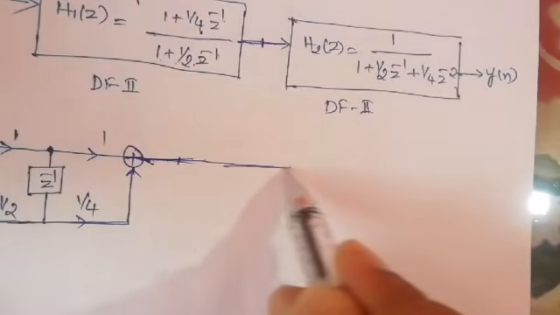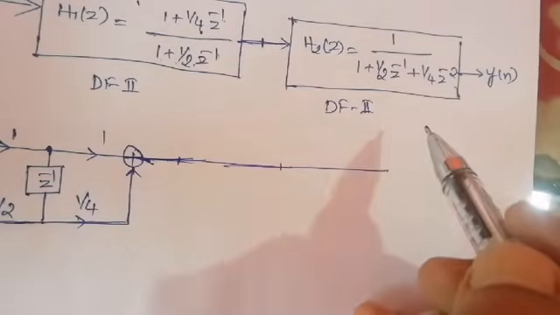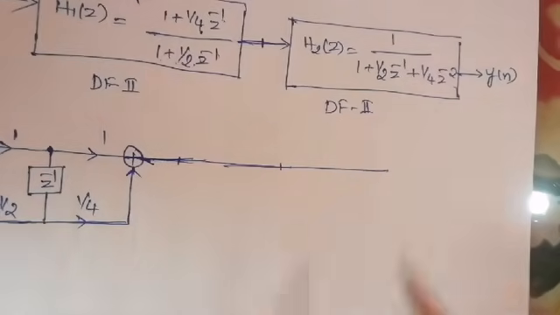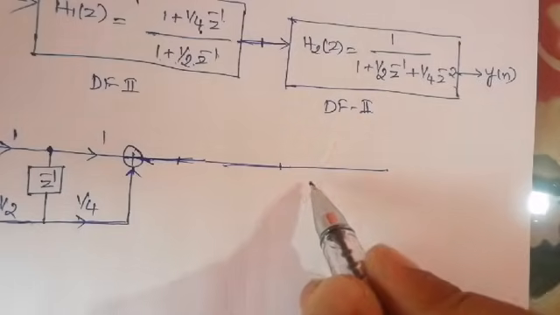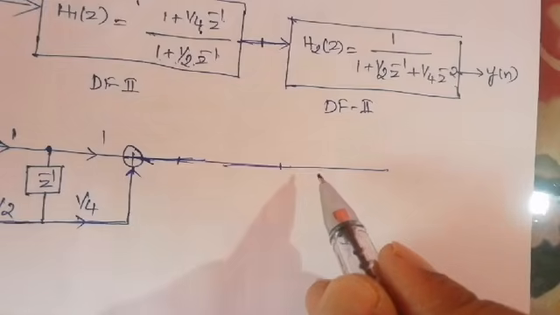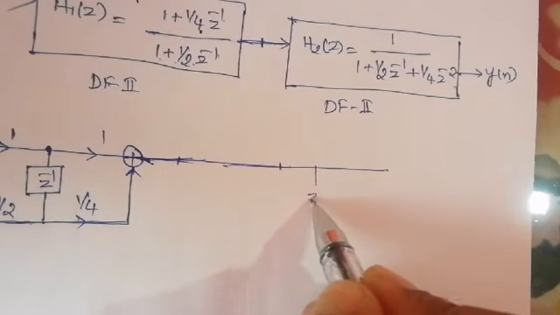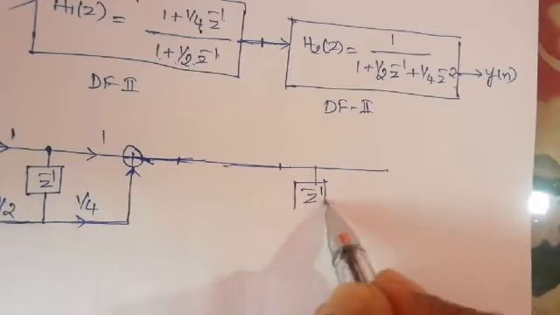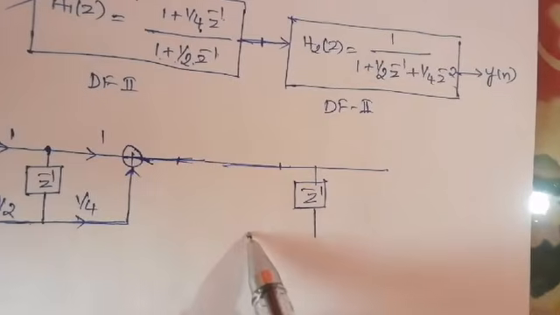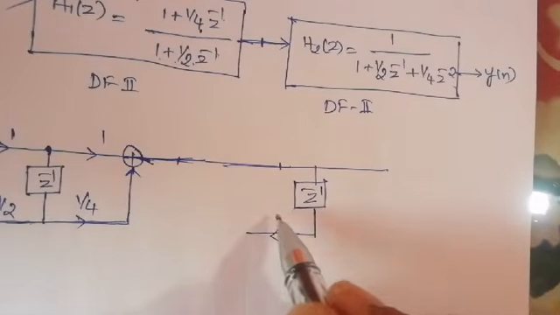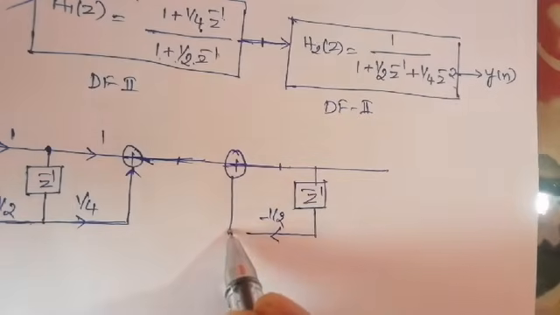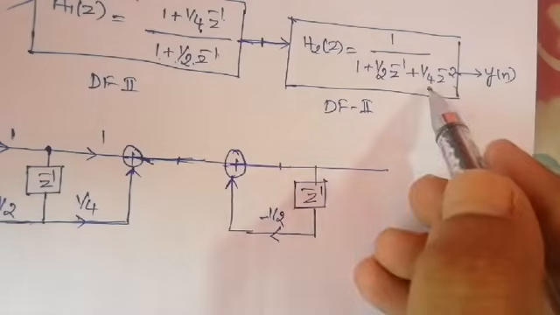See here. First we have to realize, and in this case there is no zero system, it contains only the pole system. So what is that? One time delay we have to perform, correct? One time delay. What is the coefficient term? Plus 1 by 2 is there. As I told, in direct form 2, take the opposite of that for the pole system, minus 1 by 2, added with the previous operation. And one more time delay,